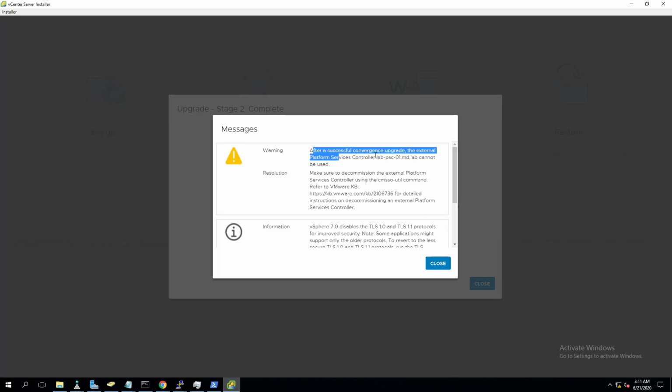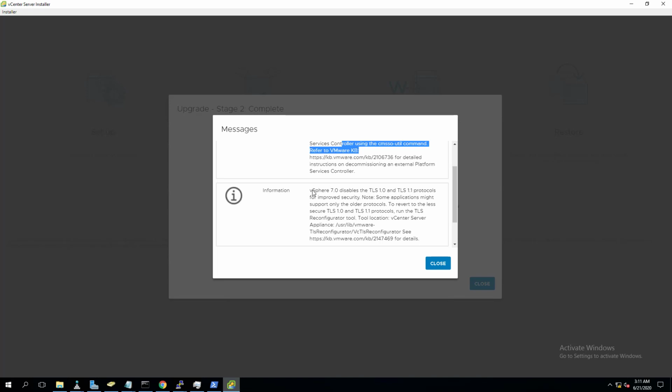It shows some messages. After a successful convergence upgrade, the external PSC cannot be used. Yes, the external PSC called lab-PSC-01 cannot be used. Make sure we decommission the external PSC using the cmsso-util command. The convergence or upgrade process will converge the external PSC to an embedded one, but it will not decommission the external PSC.